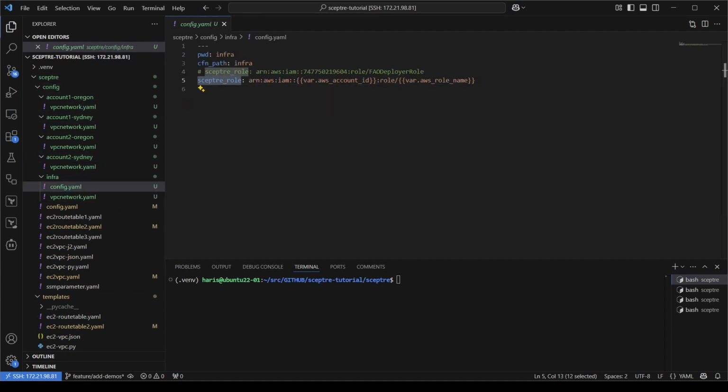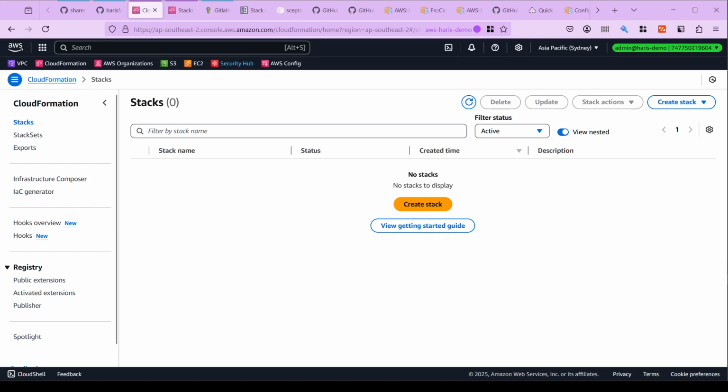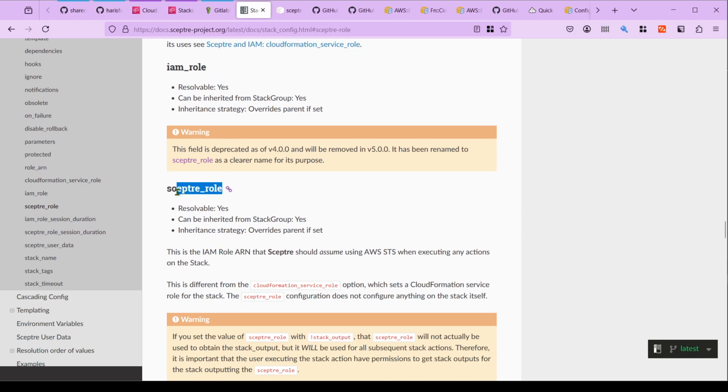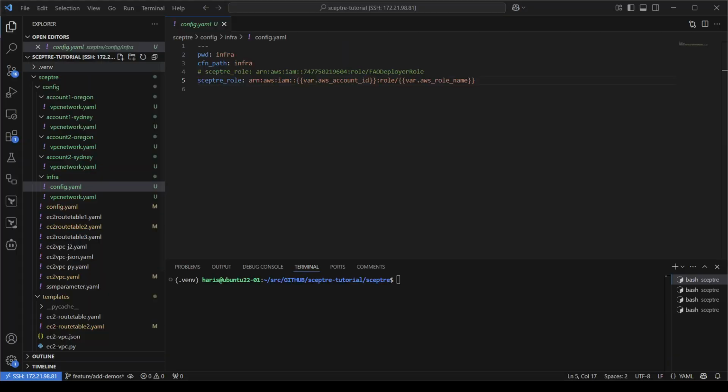So the documentation about this is in this one, yeah, Sceptre role. So it needs to have a full path to the IAM role ARN that will have the permission to deploy this CloudFormation stack and create the resources in the template. So in this case, we have 4 different environments, but just 2 different accounts. Yeah, the full ARN will look like this,